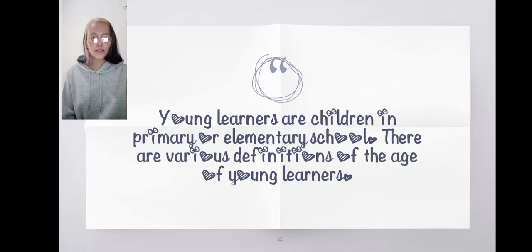Young language learners are those who are learning a foreign or second language in their first 6 or 7 years of formal schooling. In most countries, young learners are children in primary or elementary school between 5 and 11 years of age. Many young language learners are called bilingual learners since they are learning two or more languages. They might also be called foreign language learners in the case where they are learning a language that is seldom heard outside the classroom. Other young learners may be called second language learners.